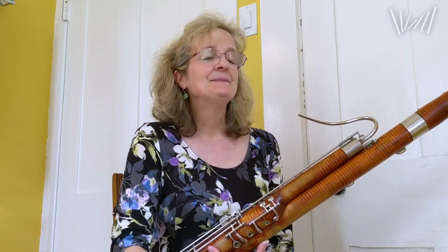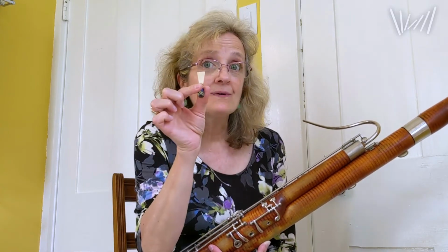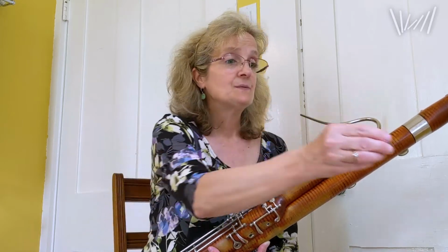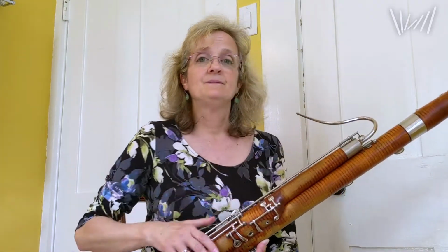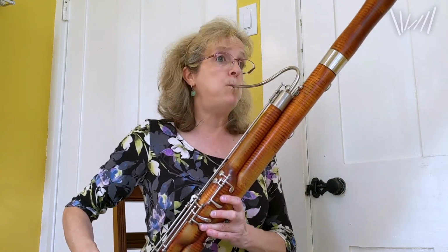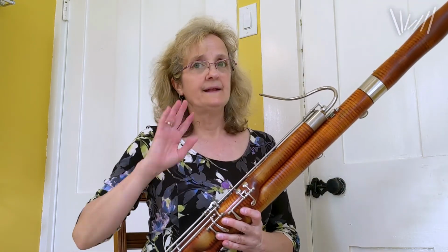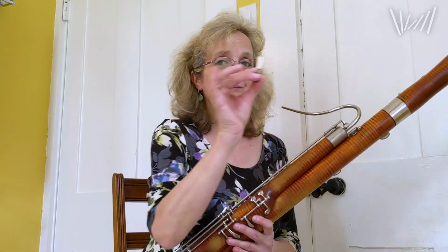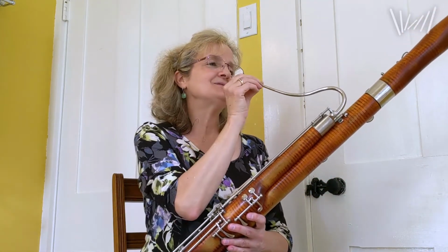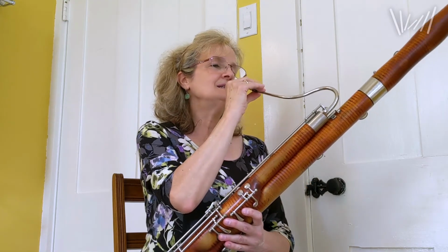It's kind of silly. But this small reed is one of the most important things about my bassoon. Because when I blow through my bassoon without the reed, this is what it sounds like. Nothing. But if we add the bassoon reed to my bassoon and I blow air through it,